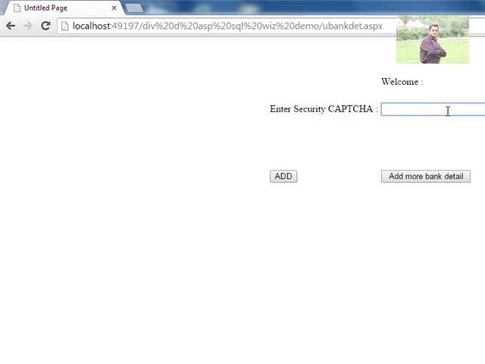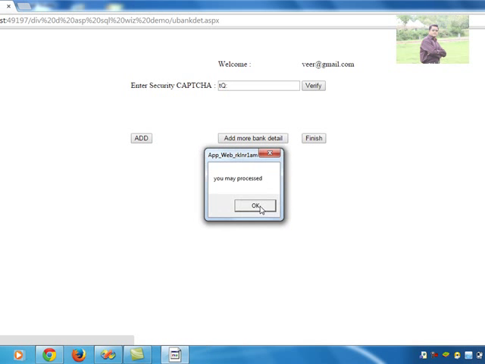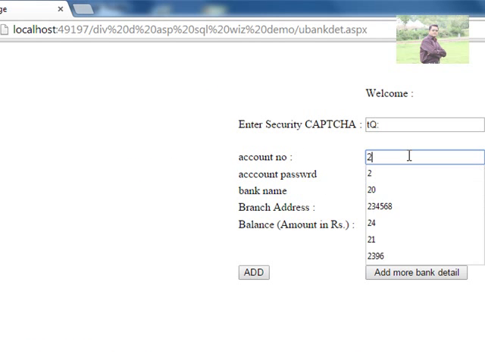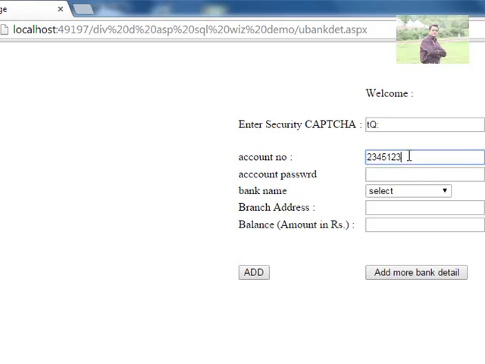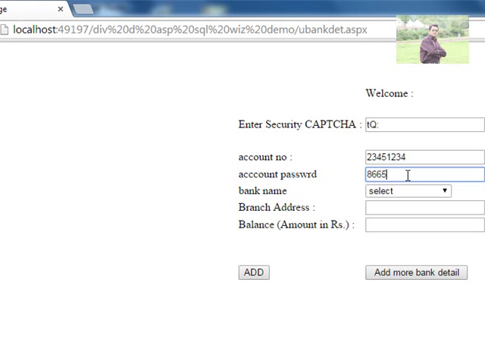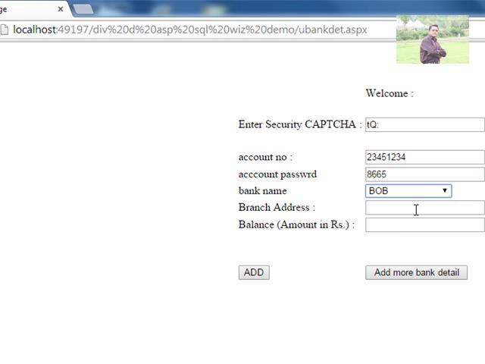It is asking me for that 3-digit code that is generated by the computer itself, that is T small, Q capital and colon. When I click on verify, the session is verified, you may proceed, and we are providing the bank account number, that is 23451234, and the password we are entering, that is 8665, and we are providing Bank of Baroda for this, and the address is